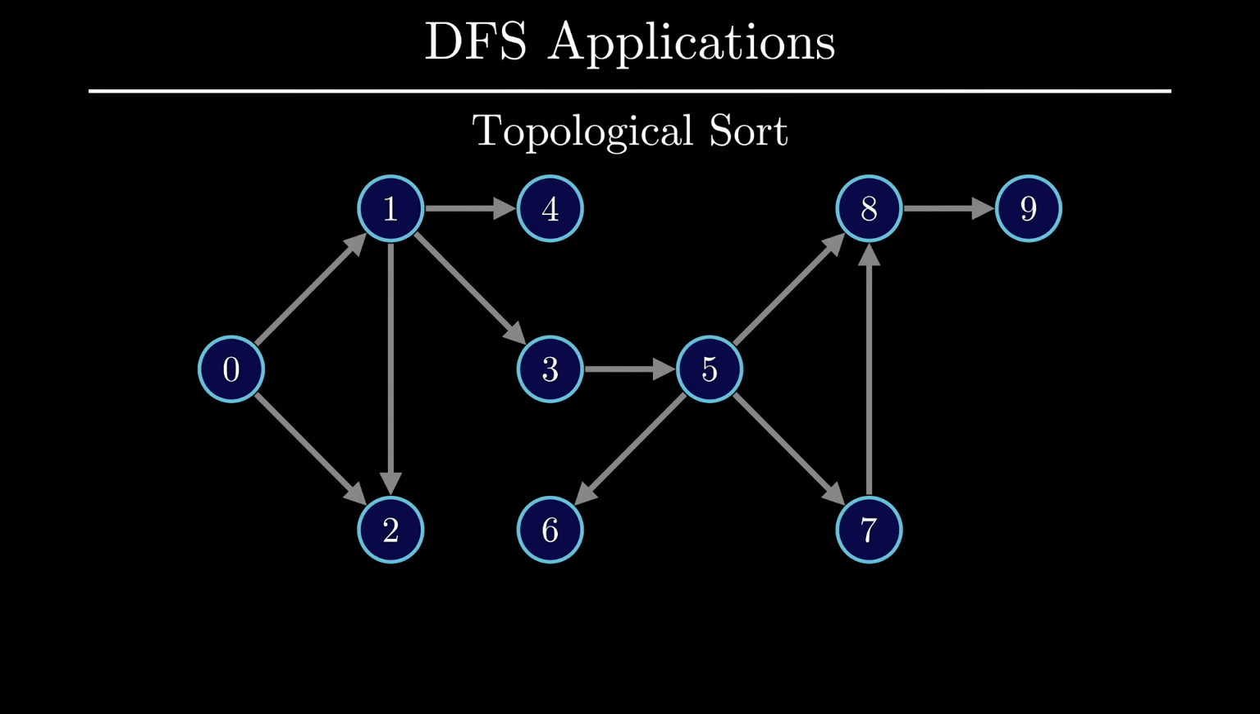Another more involved application of DFS involves finding a topological sort of a graph. This feature applies specifically to directed acyclic graphs. Imagine each vertex in this graph represents a task. If an edge points from vertex 0 to vertex 1 as it does here, what that means is that task 0 must be done before task 1. A topological sort basically answers the question of how we can find a valid order to execute tasks in a